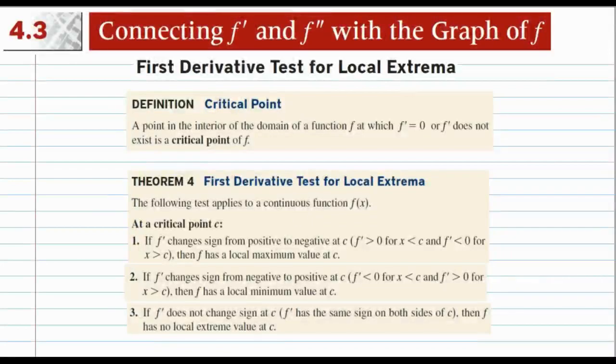This is the screencast for section 4.3, example 1. We're going to look at the first derivative test. The first derivative test will tell us where the original function f is increasing and decreasing and therefore has a